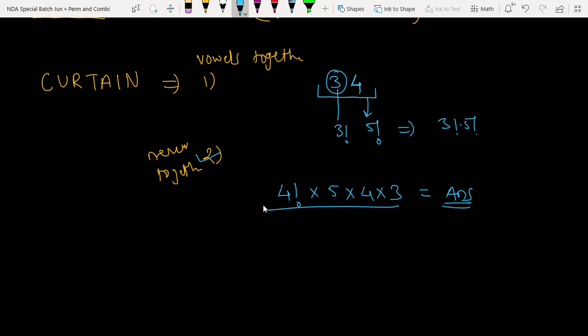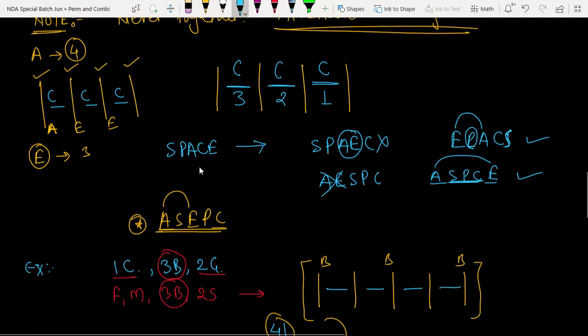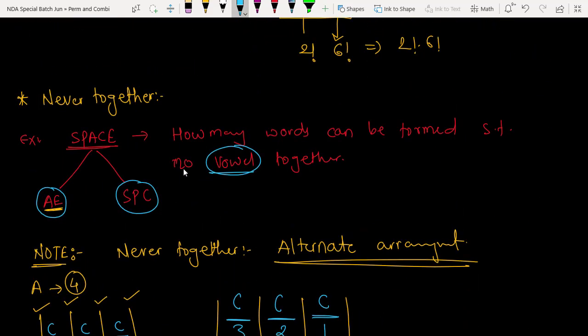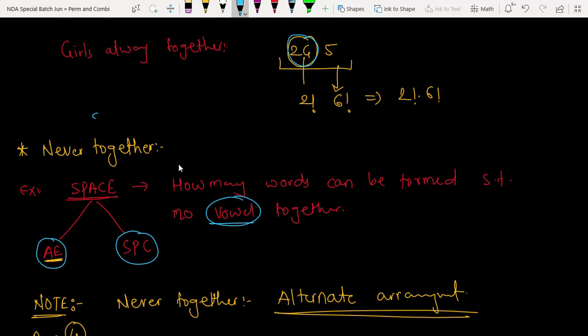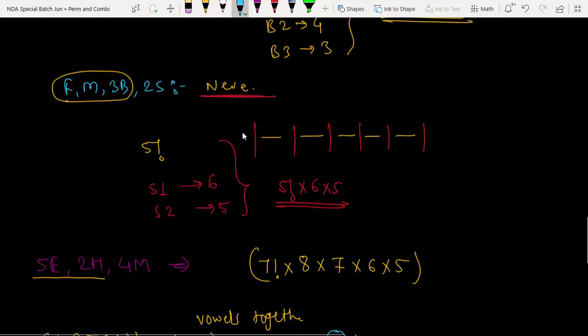Perfect. Now we have only 15 minutes remaining. Okay, no problem. I have invested about 15 to 20 minutes on this concept, never together and always together. It is the 5-star question. You will 100% get one question on this, whether it is from permutation, combination, or probability. The concept will remain the same: never together, alternate arrangement; always together, form a group. That's it. Now let's move to the second part where